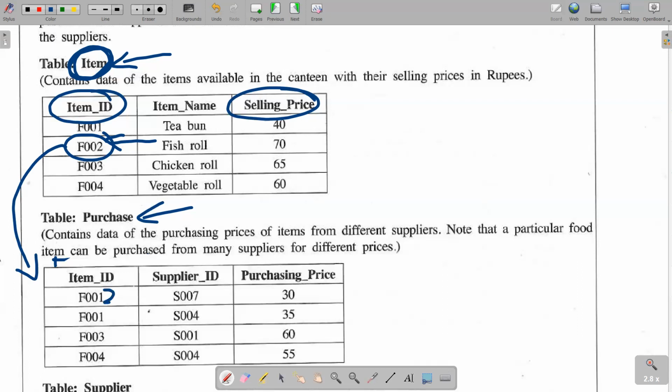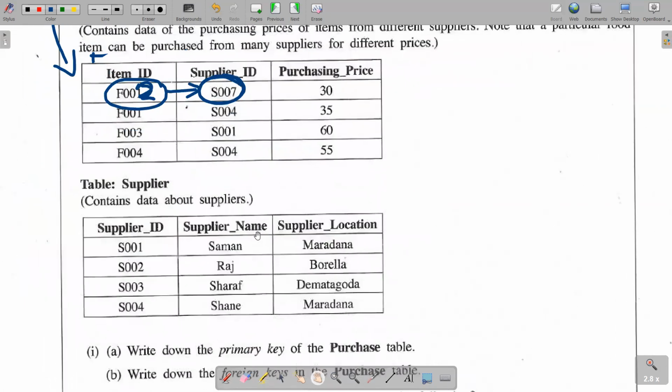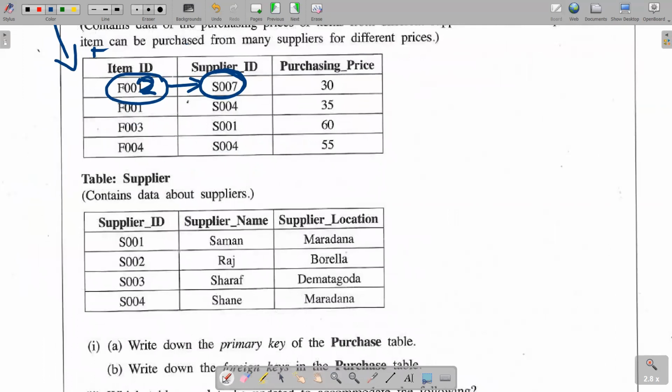So let's assume this is F002 instead of 1. So if this is the entry, then it shows you what the suppliers are, right? So by knowing the supplier ID, let's say S007 is the supplier ID, then you have to go and find who is S007,